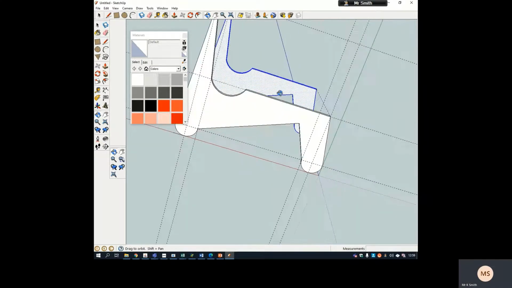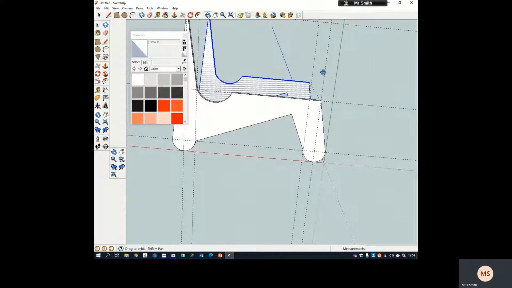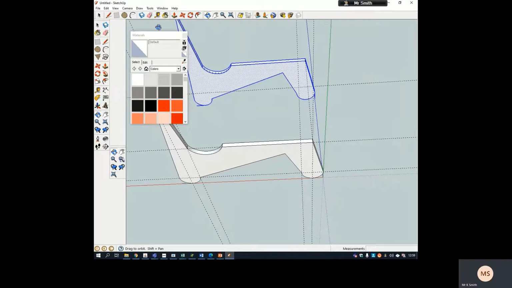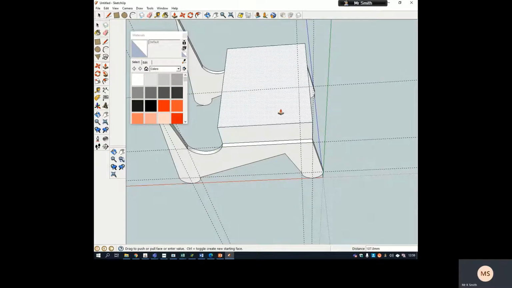Okay, now I've got a cushion section here. For my cushion section, it's going to be on this plane. What I'm going to do is I want it to be going from here to here. I'm going to escape that and just change my angle a little bit better. So it's going to be going from here across to here. Okay, and then I'm going to push pull, which is this one, the shape up